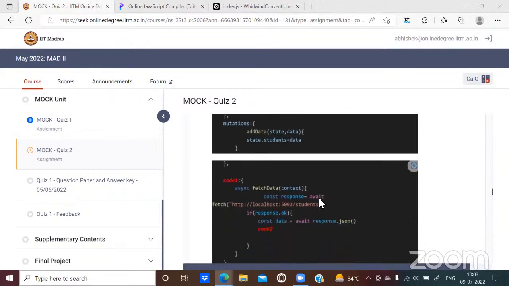So can someone tell me what can be an appropriate value for the code 2 placeholder? You can also get a hint that this students is being updated by this mutation. So a simple hint is that in this code 2 placeholder, you need to invoke this addData mutation with the appropriate parameter.